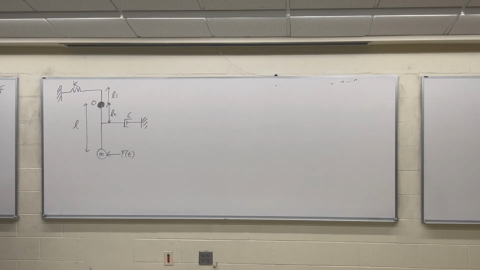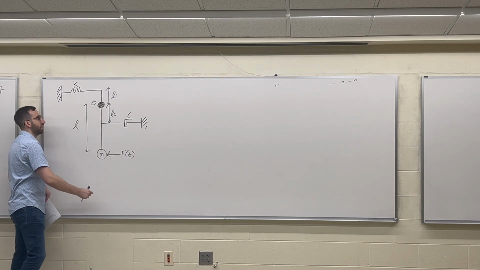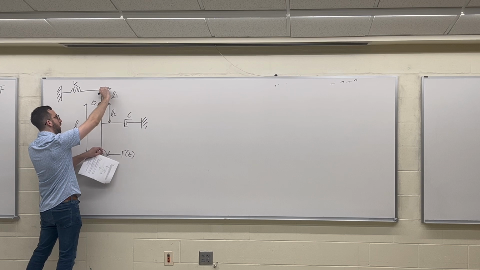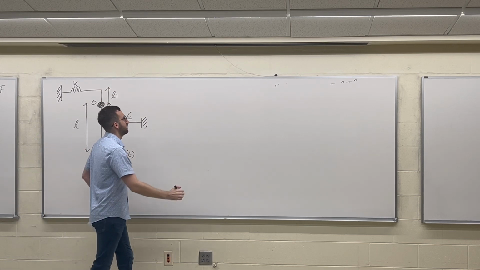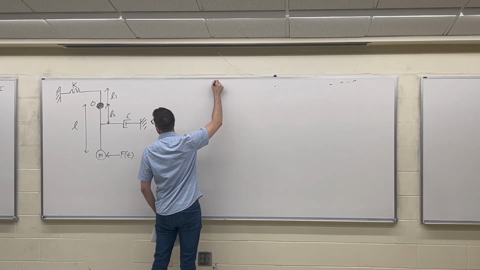So maybe we'll draw a picture to help us visualize what's happening with this. What direction do we expect the mass to go? To the left, because of the force. The force is going to push it to the left. So that means that this whole rod is going to go clockwise. So if I were to draw this, I might have,